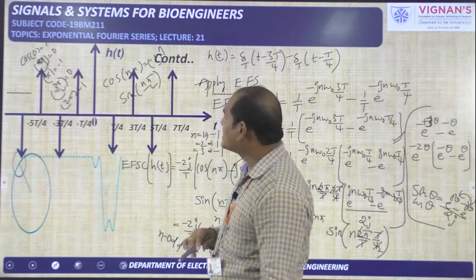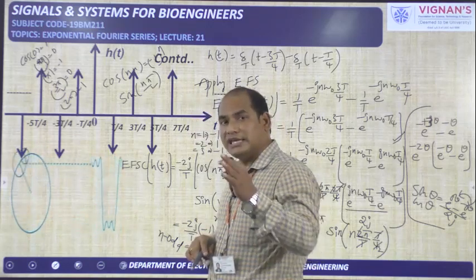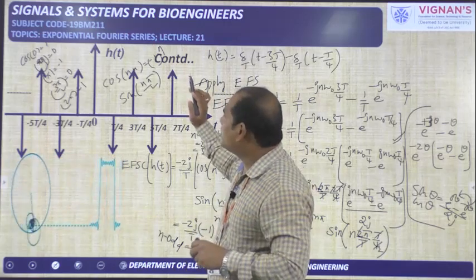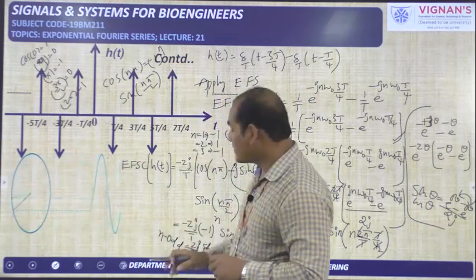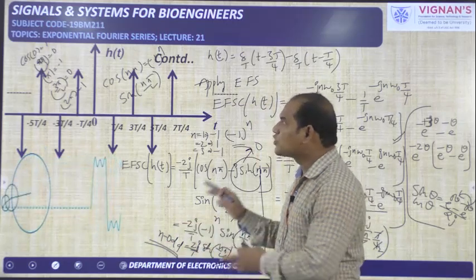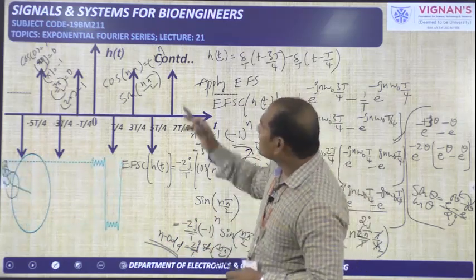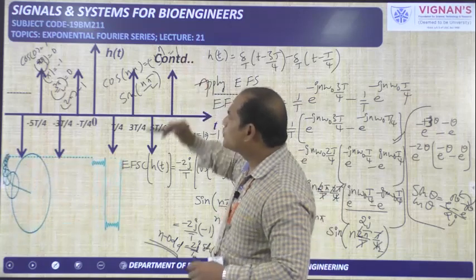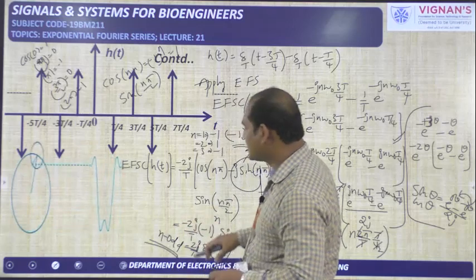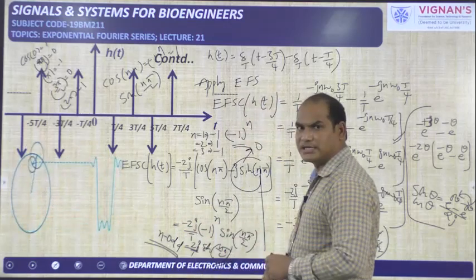So we have concluded that for the even n, it will become 0. That's why the coefficient will become 0. That's why we have indicated here for odd n only. For odd n only the coefficient will be existing, and for odd n this will become 1. So this will be changing, depends upon the situation, the answer will be changing like that. So all these things you need to understand.